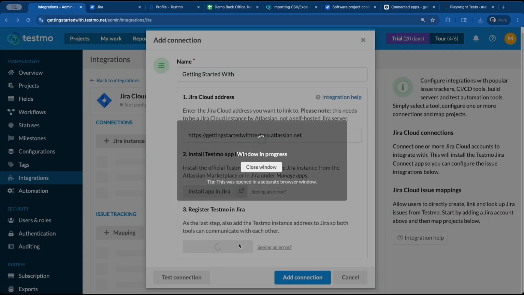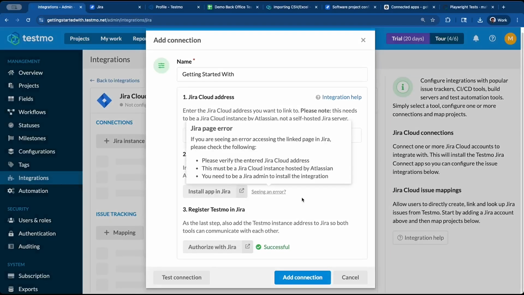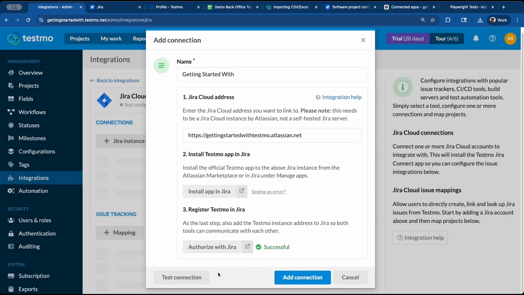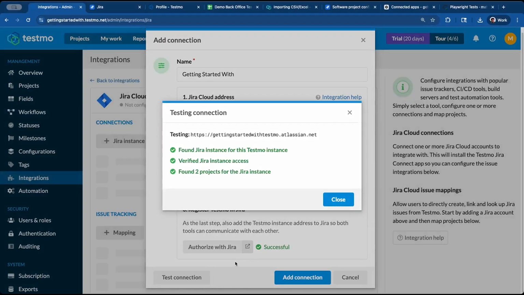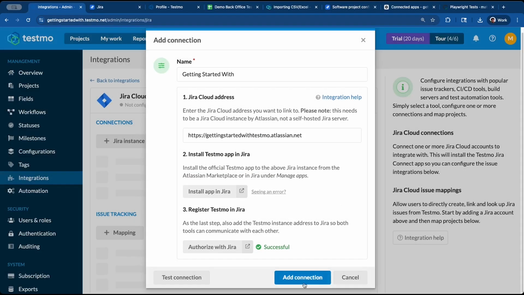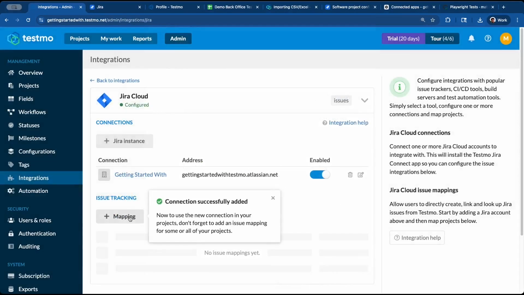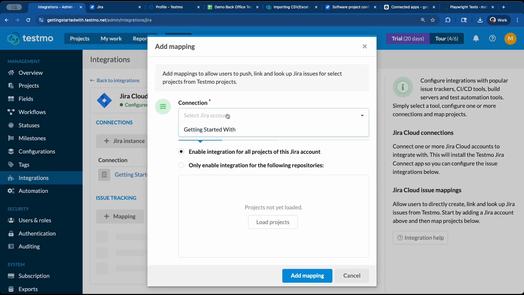Now that we've installed the app, we'll just want to register with Testmo, and it's just going to prompt us in a third window to confirm that we actually want to install. We're seeing success. We can always test the connection. Found Jira instance, found 2 projects for the Jira instance. Great. All right, so now that we've got this connection, the getting started with instance,